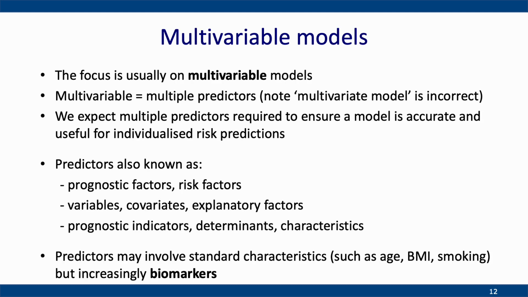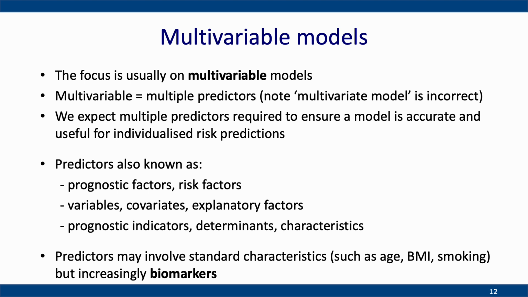Also, the important facet here is that this is a multivariable situation. In prediction modelling, when we're estimating risk, and particularly when we're focusing on the future, to have a single variable that tells us everything about the future prediction or prognosis is very unusual. So we're talking about multiple predictors needed, multivariable situations. Now it's multivariable, not multivariate. Multivariate means multiple outcomes.